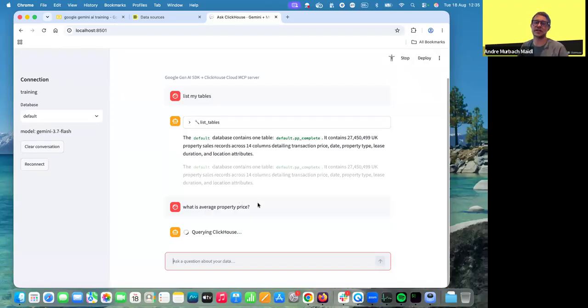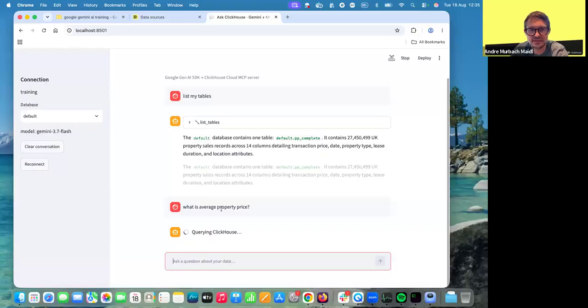Look how it is actually talking to ClickHouse right now and trying to figure out what is inside the table there, and then it will provide the answer for us. So let's just wait a few moments.